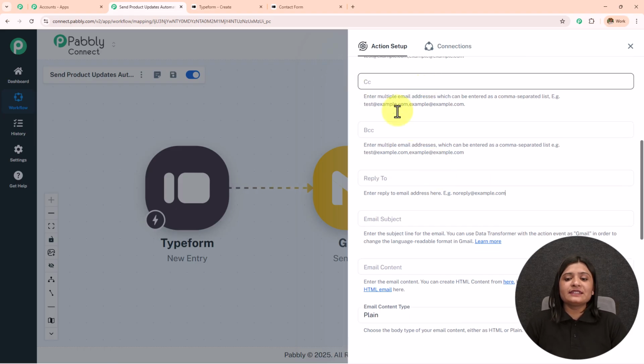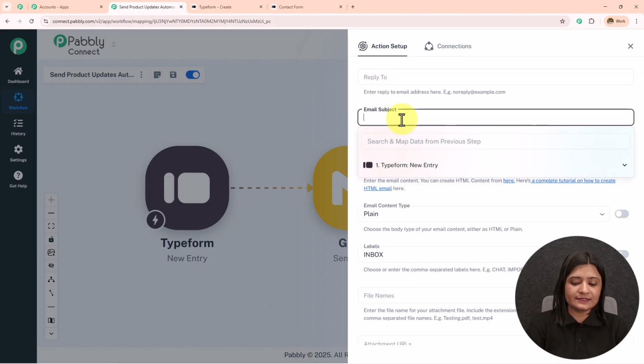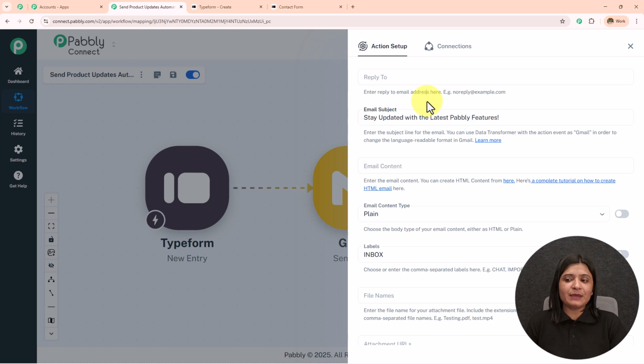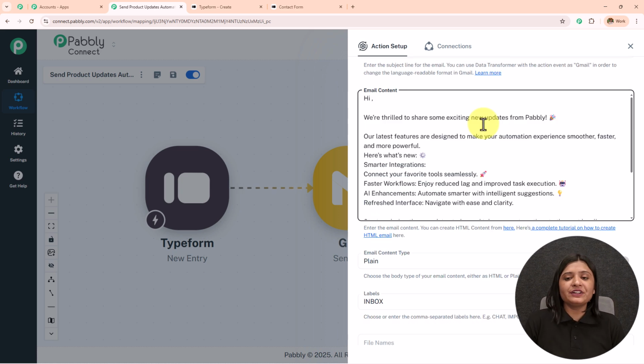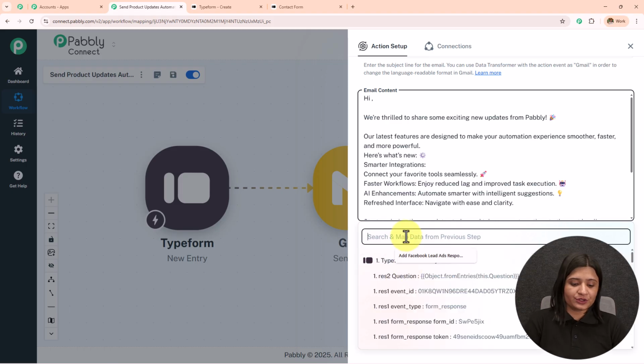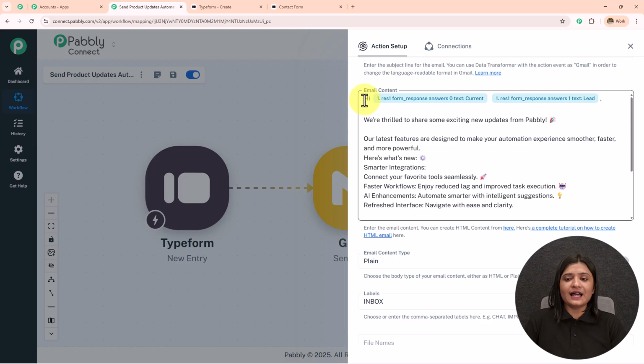I'm going to skip the CC, BCC and the reply to. I'm going to enter the subject as "Stay updated with the latest Pabbly features." Now I'm going to enter the email content, and to create this as a personalized mail, I'm going to map the name of the person, which was current lead. Now I have entered the email content as "Hi current lead,"